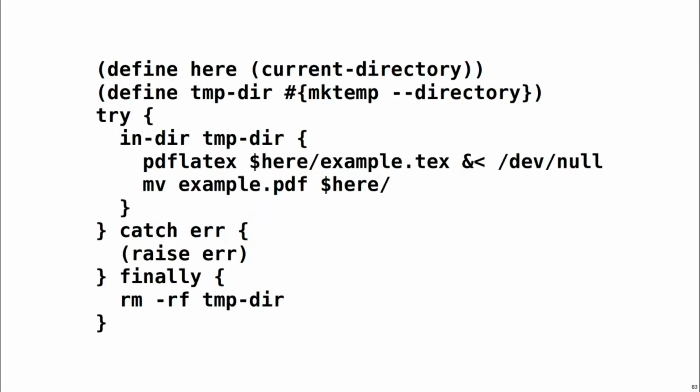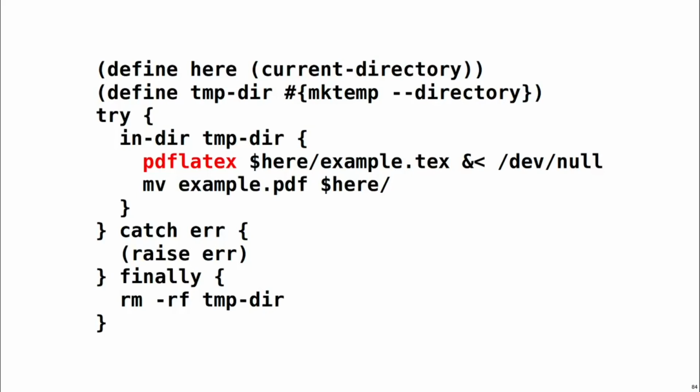So here's a bunch of Rash code, but let's just look at the important bits. Here we're using the pdf-latex command to generate a PDF file from some LaTeX source code. pdf-latex is really annoying because it litters the file system with intermediate files that it uses for generation, and they're not really necessary as output that we want to see. I think a well-behaved command should not make such a mess, so in this script I want to clean it